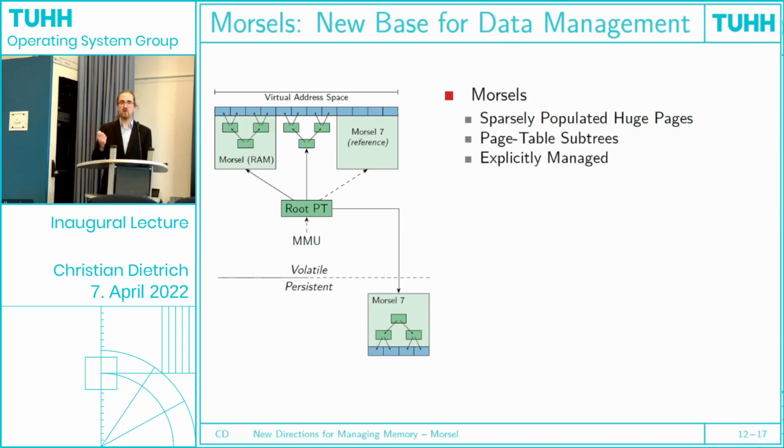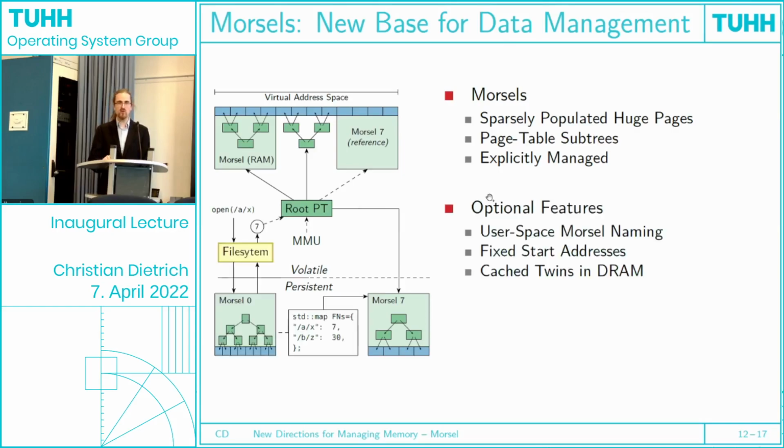And since our MMU, like our CPU, can directly address those pages, we can simply install a morsel within the virtual address space by just manipulating here a page table entry of 8 bytes and point that to the entry of our morsel. And thereby, our morsel 7 becomes visible in the virtual address space of our user, and he can directly access the memory. So this is the basic idea of morsels.